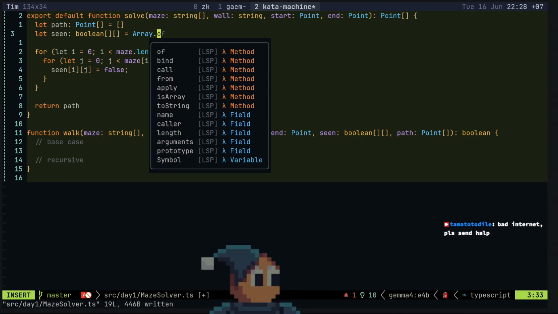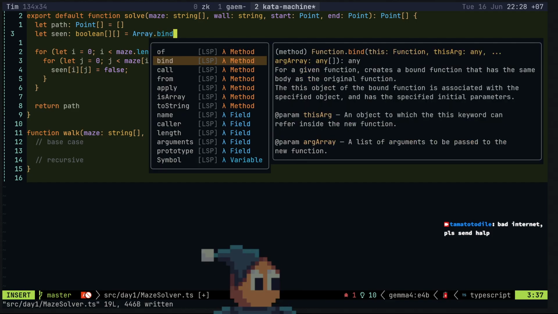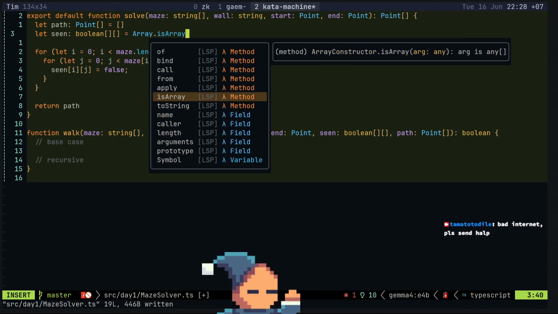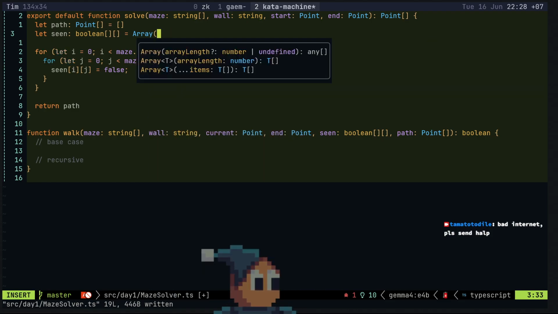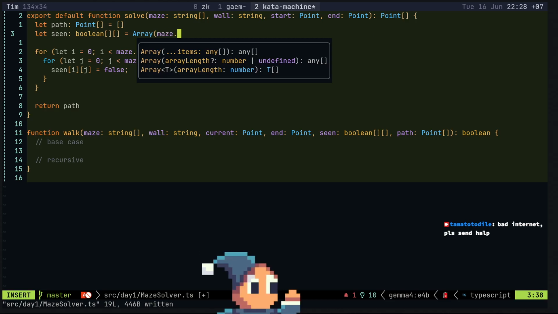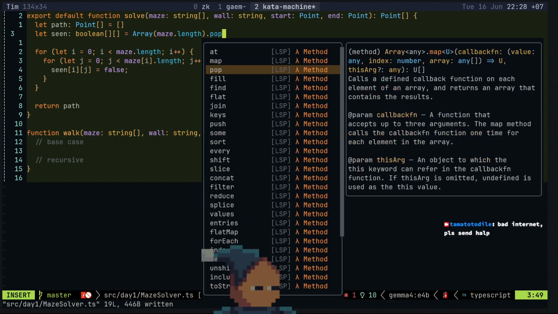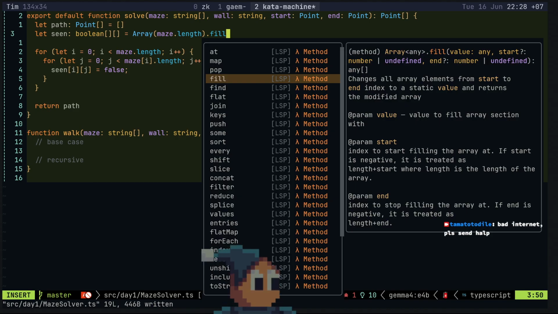Actually, do we array? How do we create array again? Yeah, right. Maze length. Fill, I think. Oh, jeez, I can't remember how to do this.